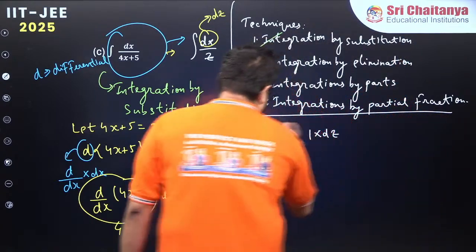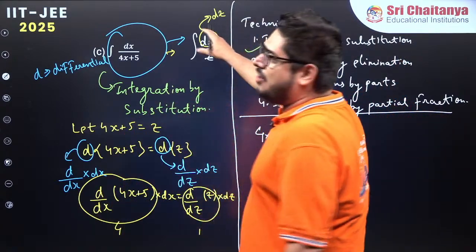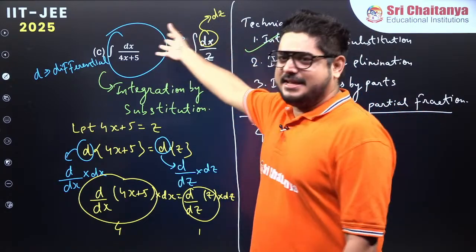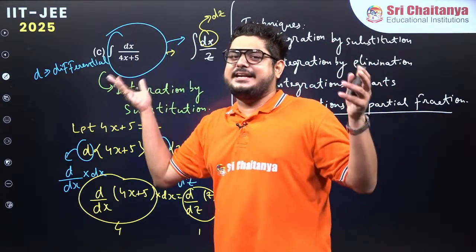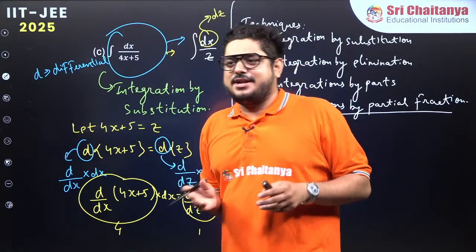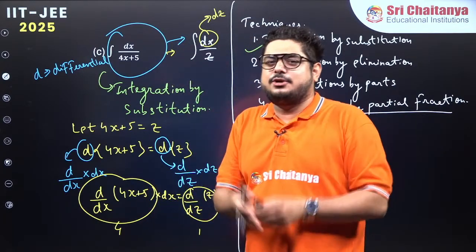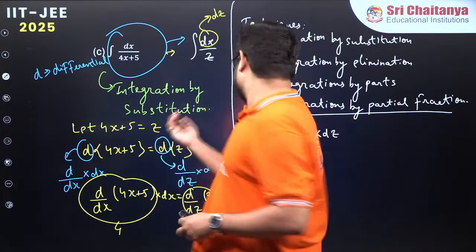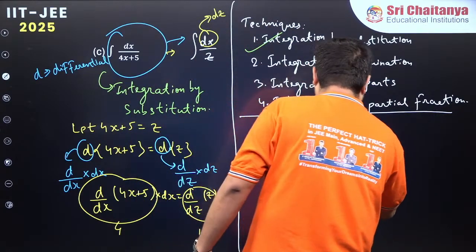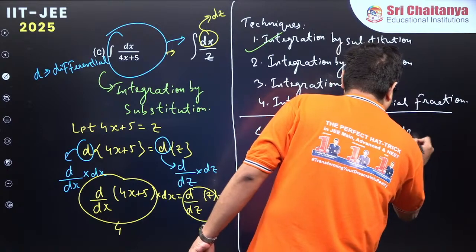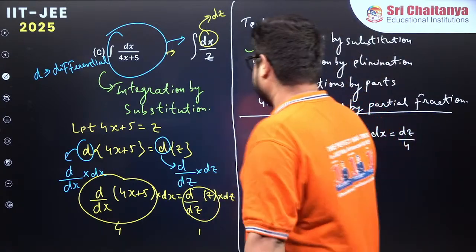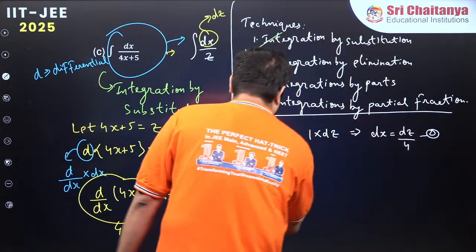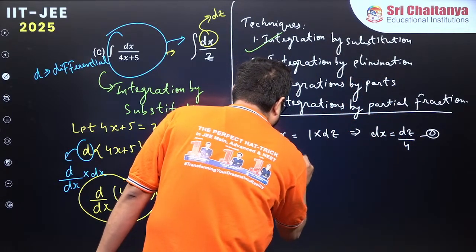So now there comes a relation. The drawback which we were having is that we had dx. Obviously we could not have integrated z with dx, isn't it? So as a result, we are able to find the relation between dx and dz. Now I can write it down as dx is dz by 4, isn't it? Let's say this was the first equation, this was the second equation. So putting equations 1 and 2